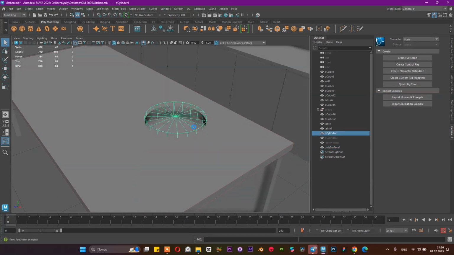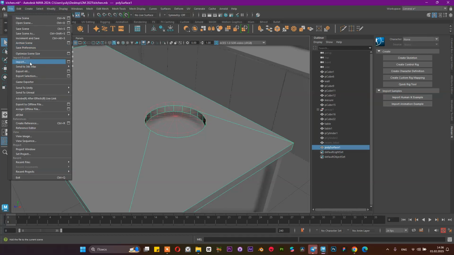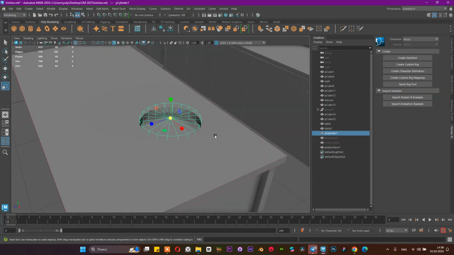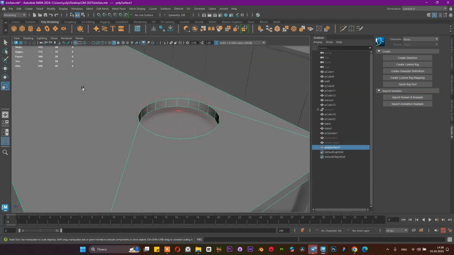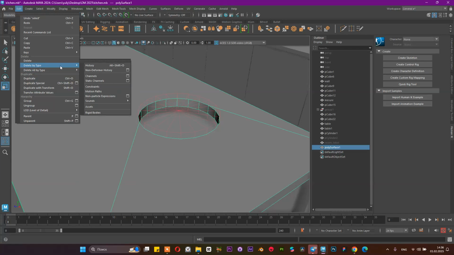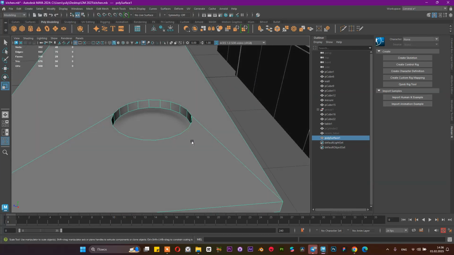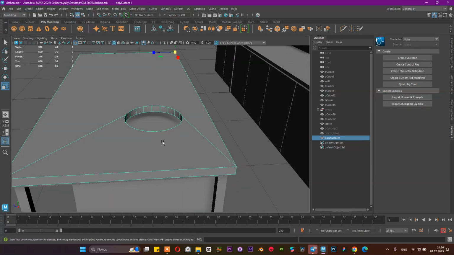Also, can save this one. Let's delete history first. When you do not delete history, you can change the scale, for example, of the cylinder. It also affects this Boolean's difference. And when you delete history, it's already not affecting anymore. And now we can cut this geometry to provide